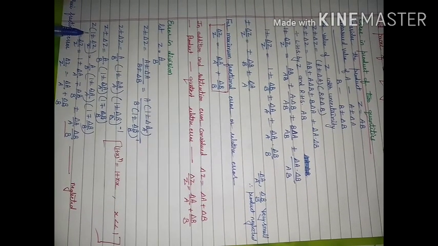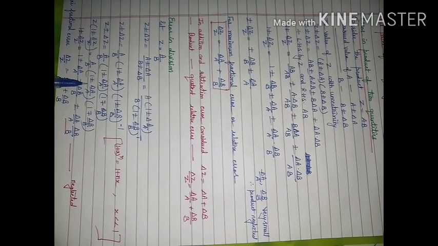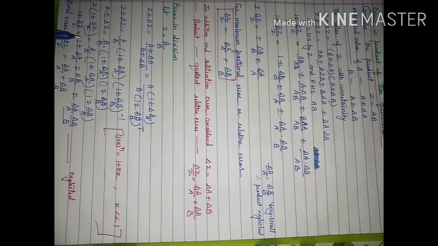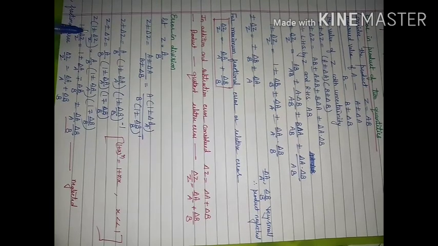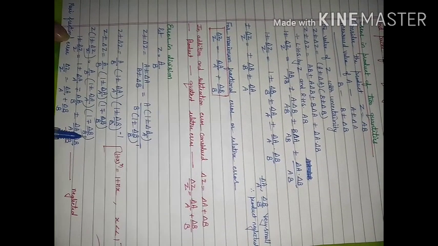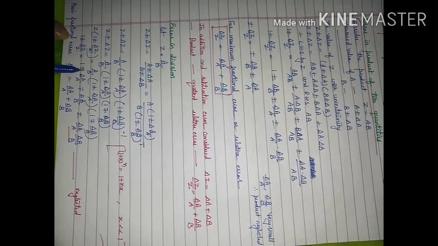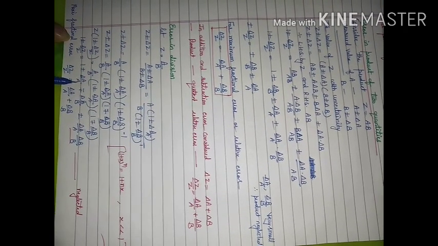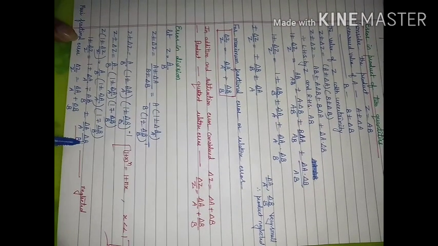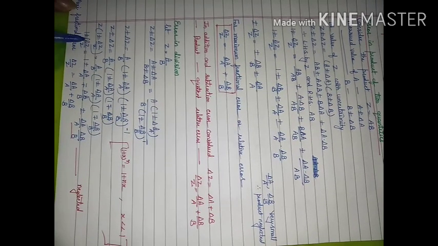So 1 plus minus delta Z upon Z will be equal to A upon B, 1 plus minus delta A upon A, 1 minus plus delta B upon B. This can get cancelled with this. So this term will be left here, and then we will multiply this with this. When multiplication of this with this will be done, then we will get 1 plus minus delta A upon A minus plus delta B upon B plus minus delta A upon A into delta B upon B. Being very small, this term will be neglected. 1 will get cancelled with 1.